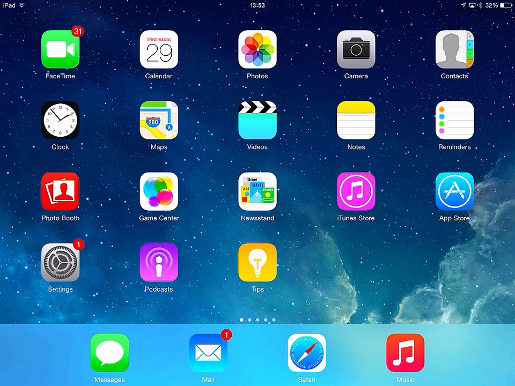Hi, I'm Andy Leonard, and today I would like to show you how to download, configure and install the Hop2Work application on an iPad. The first thing you need to do is tap on the App Store